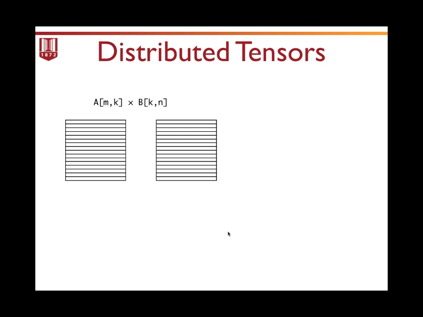Distributing tensor data. So here I have two tensors that I want to contract, and I've partitioned the data by row among 16 different nodes. And what do we have to do if we want to actually contract these? How do we move the data? So if we look at just the first row of matrix A right here, we have to distribute part of the data for the blue row to every node in B here, shown in red. And if we extend this to all rows, then it becomes an all-to-all communication type algorithm,